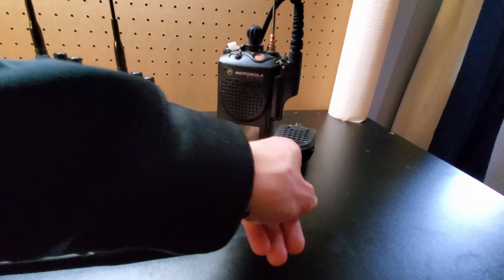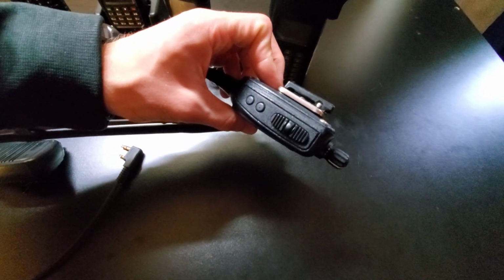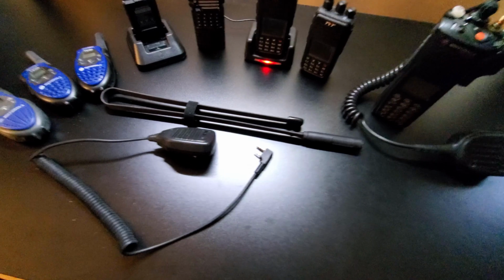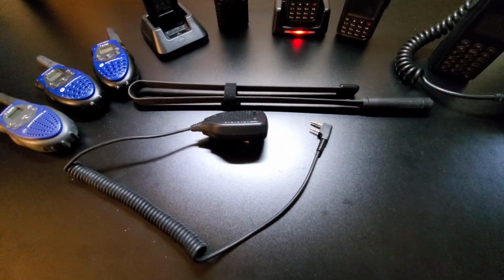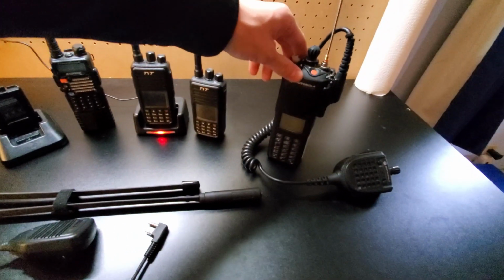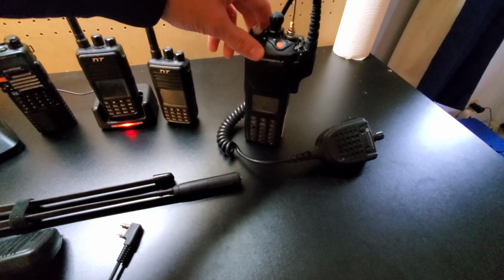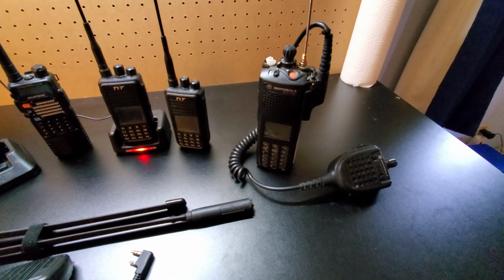You can see the mic on it. It also has a channel selector on it. And this thing is getting dropped. It's gotten rolled down hills, stuff like that. Very durable radio. And it's also made in the US, so it's quite a bit more expensive than all the other radios. But the major downside of the XTS-3000 is that programming it is very difficult, because